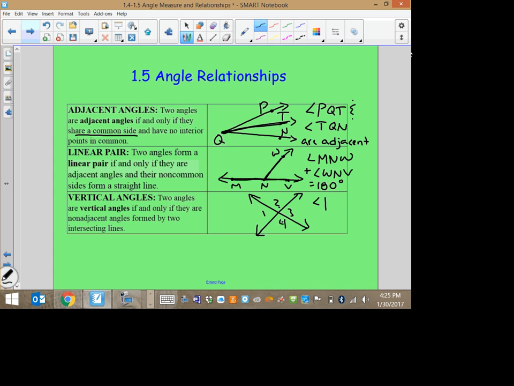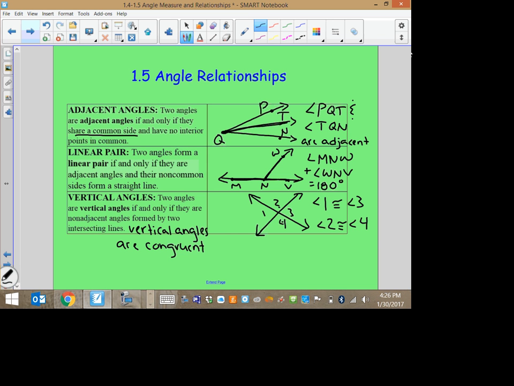And also note that vertical angles are congruent. So angle 1 is congruent to angle 3, angle 2 is congruent to angle 4, and we'll use that concept